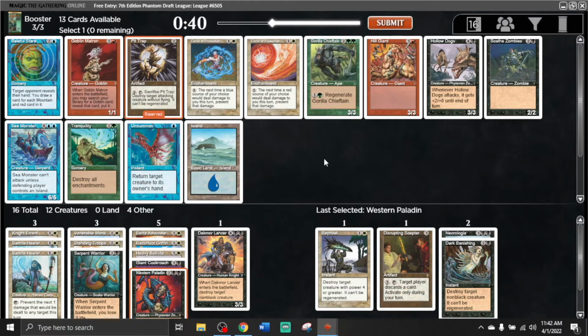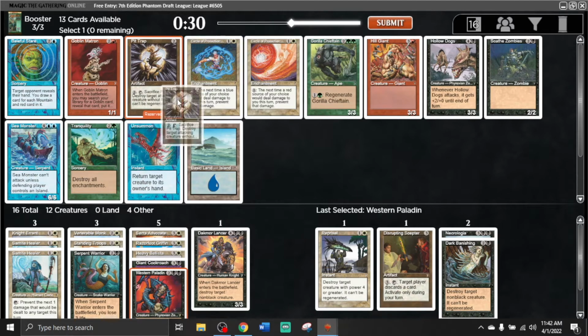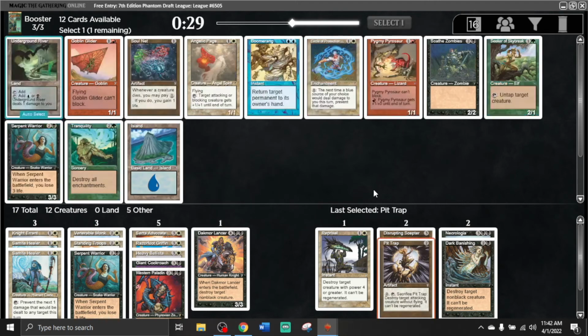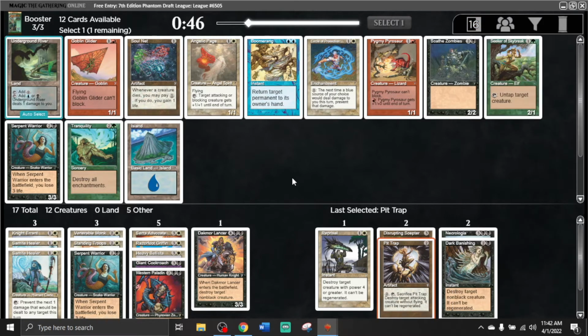The Gorilla Chieftain seems very, very good to me in this format. This is blue and red. Yeah, so maybe one of those will wheel or something. Ooh, Underground River. It's a little late for that one, though. So for us, we're looking at Angelic Page or Serpent Warrior. Yeah, we're not splashing anything, sadly, off the river. I kind of want to take the Serpent Warrior, but...